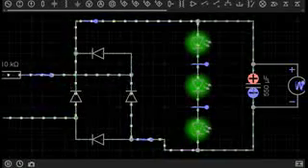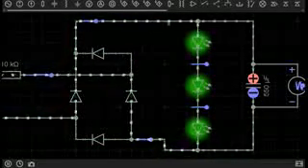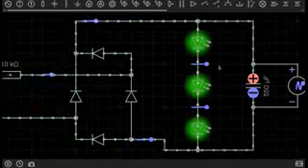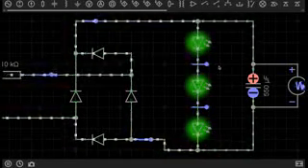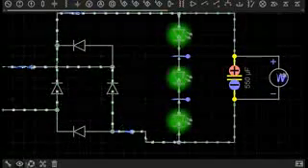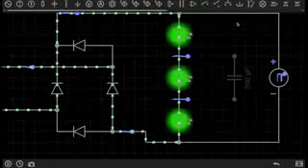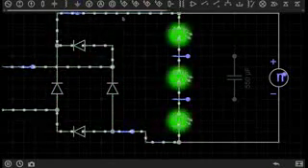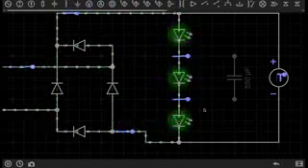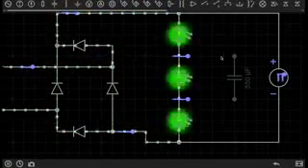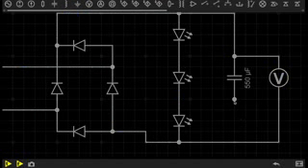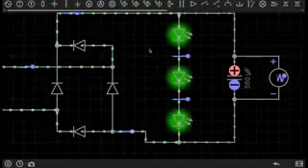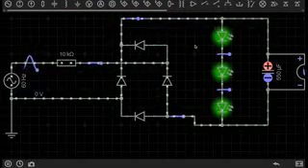And for those brief pauses in time where there is no current flowing through these LEDs in the circuit, this capacitor is actually providing the current during those brief pauses, which keeps the LEDs lit and reduces any flicker, and this is called smoothing. And I can show you what happens when I disconnect the capacitor. You can see what happens to the LEDs. Because this capacitor is not providing that current in those brief pauses, the LEDs are actually flashing because there is nothing to fill in the gaps. So connecting this capacitor in the circuit across those LEDs helps to smooth that and reduce any flicker or interruptions